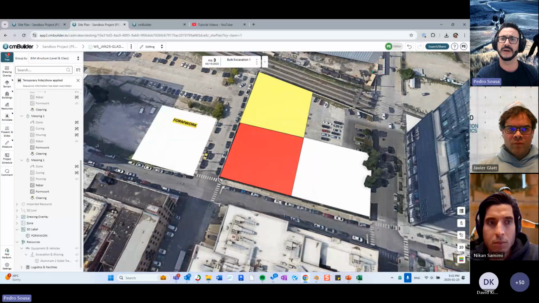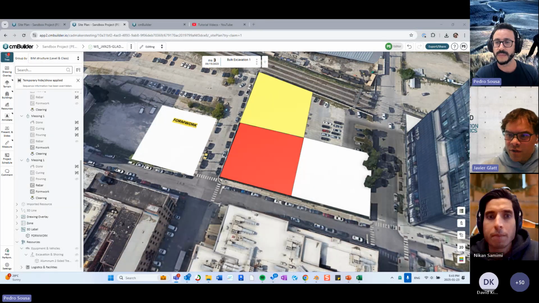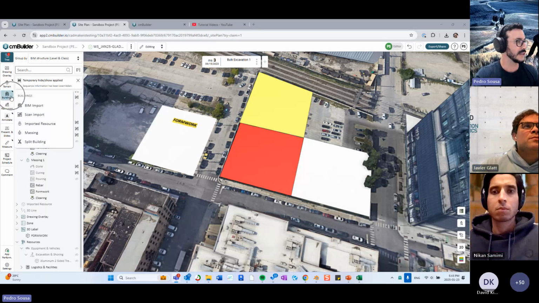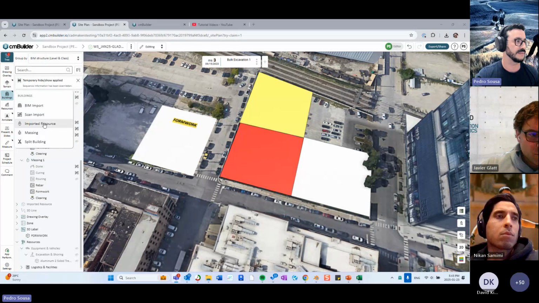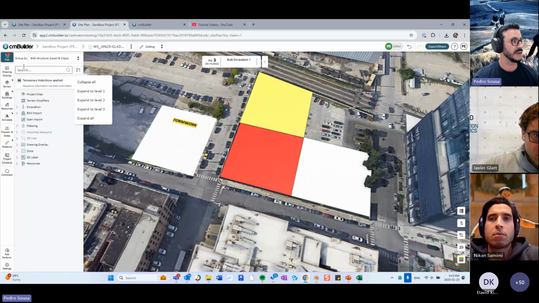Cool. I saw a little question in the chat over there. There's a question about how to import the custom resource. Where did you click to import the custom resource? Over here inside buildings, you're going to find this imported resource option, but also any tool that you